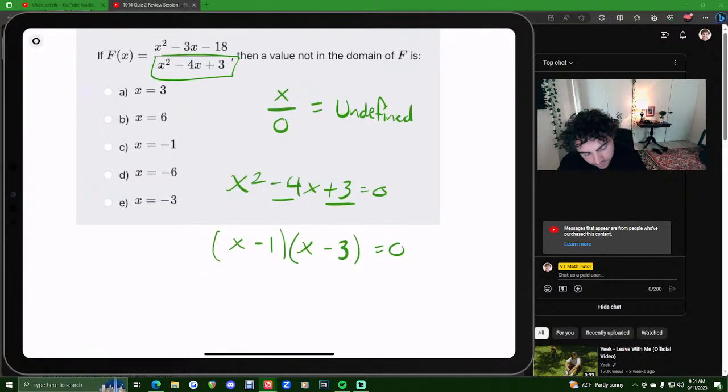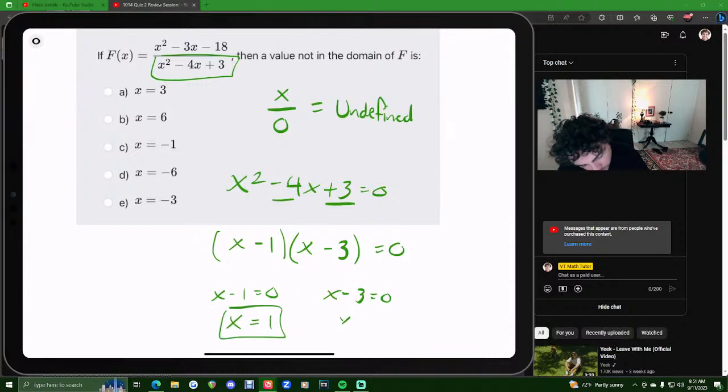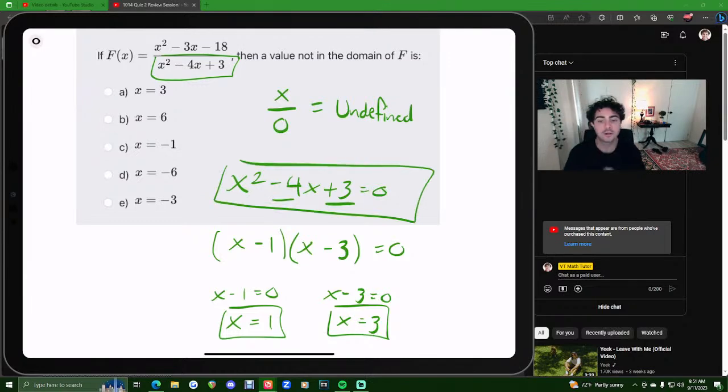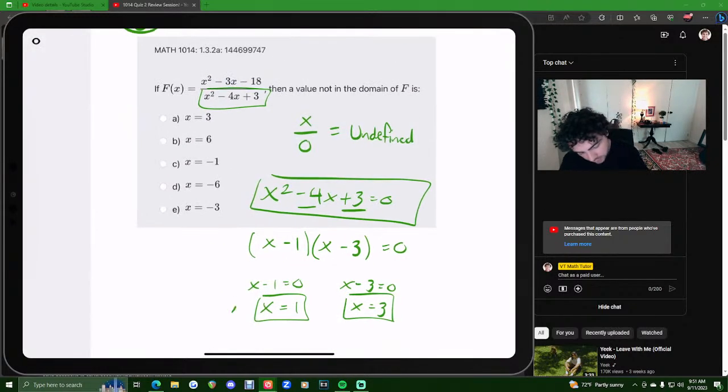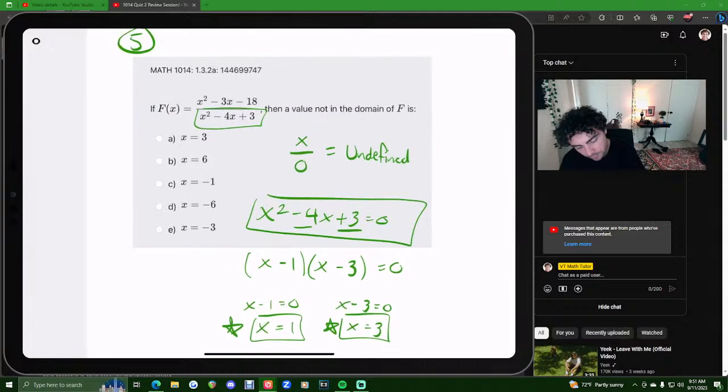Okay, so we have these factors, and from these factors, if we set each of them equal to 0 and solve for x, we add 1, so we get x equals 1, we add 3, we get x equals 3. We have our 2 solutions. We have our 2 x values that make the denominator equal to 0, which means these are the 2 x values that make the entire function